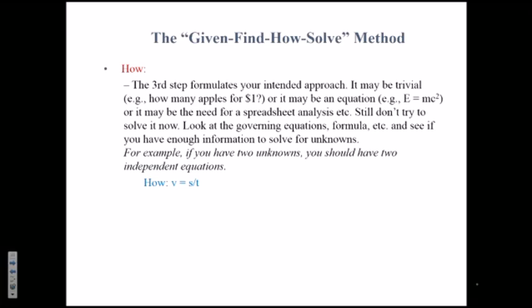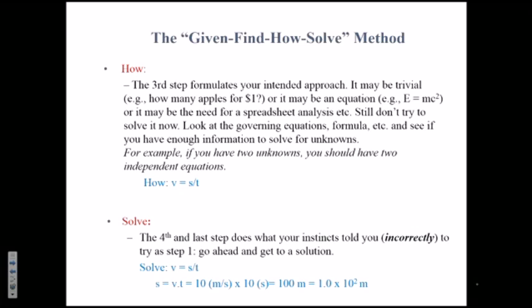So you need to count how many unknowns you have and how many equations you need. In this case, 1 unknown, 1 equation would suffice, right? You got that, and then finally you go and solve it, right? So this is where you plug in the numbers. You know the velocity, you know the time, you plug that in, and you get your answer as 100